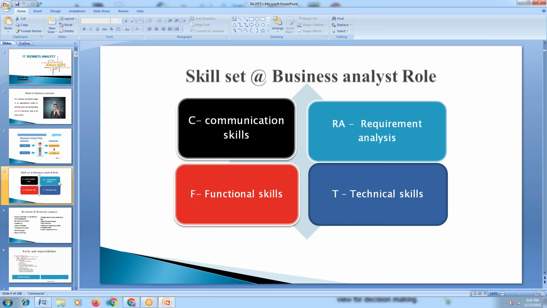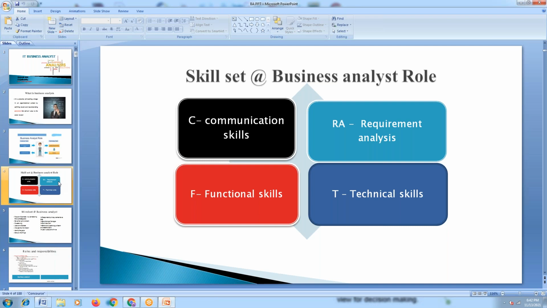Now, after requirement analysis, F stands for functional skills. What is meant by functional skills? Functional skills are nothing but knowing about the functionalities of the project. What is meant by functionality? If I am trying to understand core banking, what is required first for me? I should understand how banking functionality works, how a bank works, and at the same time how systems work. How is core banking going to be useful? In what way? What features and functionalities will be there? All these things we need to understand.